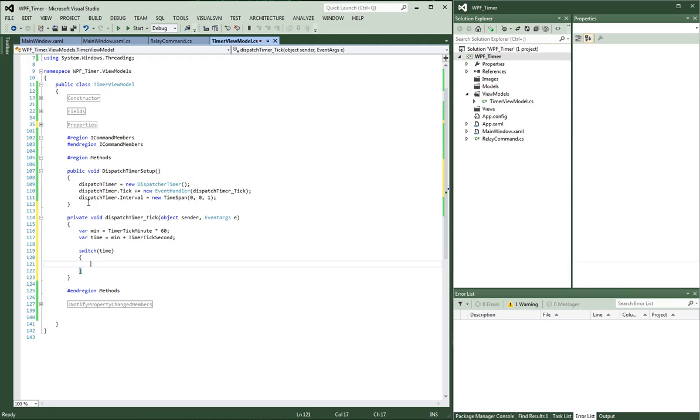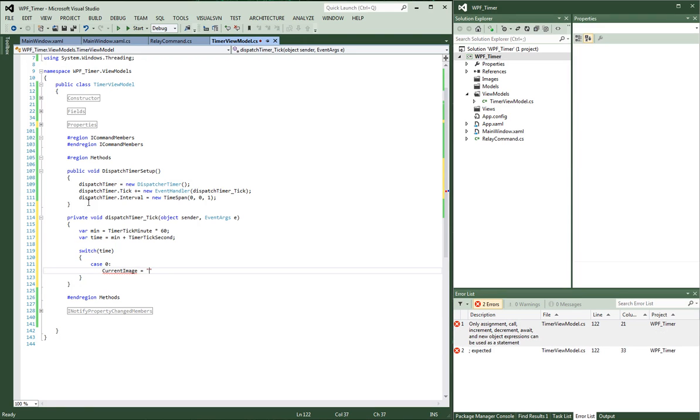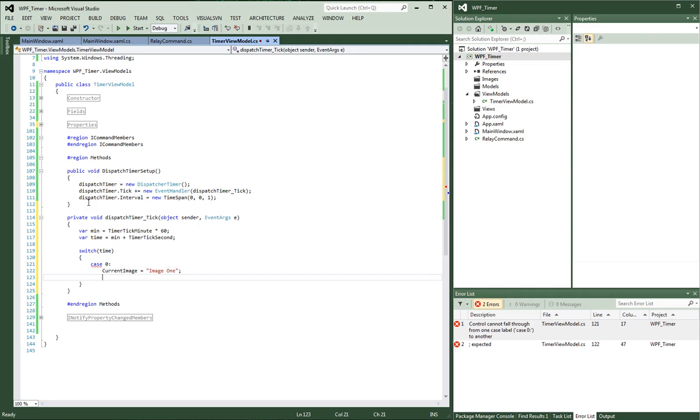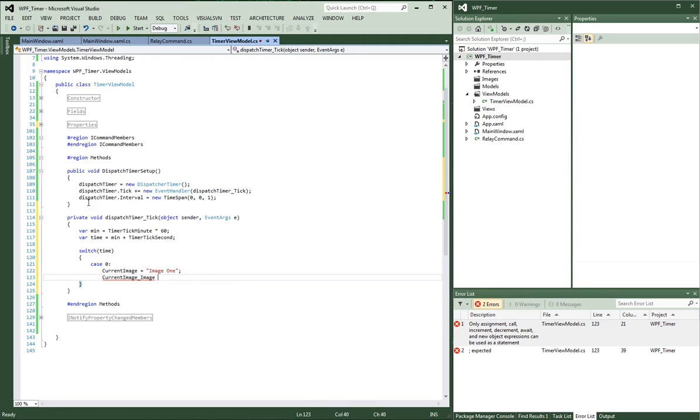We're going to set up our first case, copy and paste. Our first case is going to be 0. If we're at 0, we're going to set our current image, and we're going to say this is our string image 1. This is the text underneath our text box, so that's going to say image 1. Then we're going to set the current image. This is our object, and equal, and it's going to be a new bitmap image,